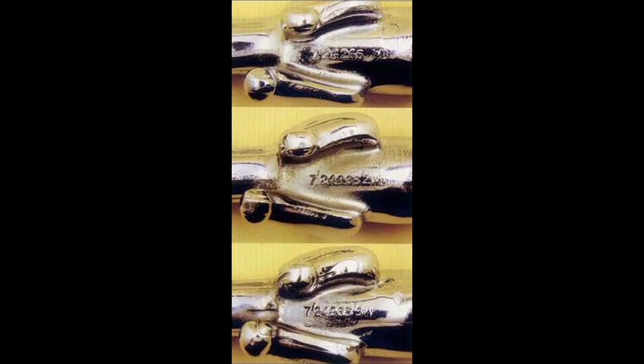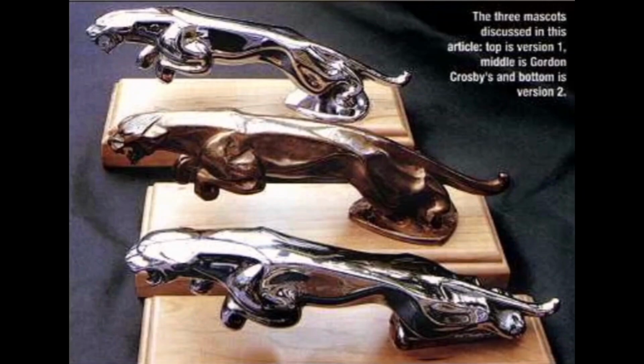Also, for those version 1 mascots, there is really no information about how many were made. The value seems to be going up. So it would appear that the version 1 was the standard offering until the Mark V saloon went out of production in 1951. They remained available for a bit longer as parts items through the dealers, but we now need